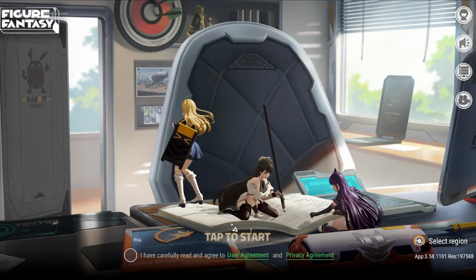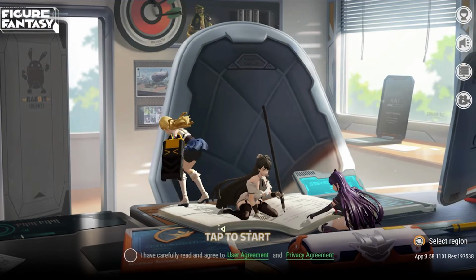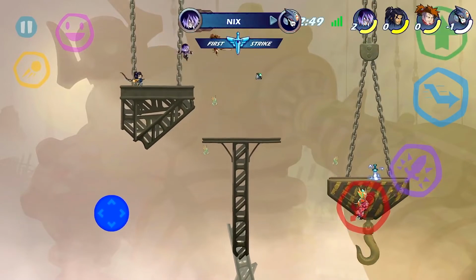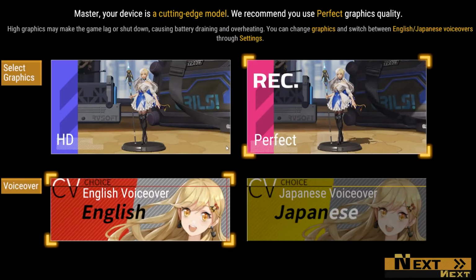Which would have been a great idea rather than what they went with. I mean, if Brawlhalla can do it, why not this? When you start off, you select your graphics quality and whether it's subs or dubs. Now, no offense to the English voice actors, but after hearing just a small bit of the English...